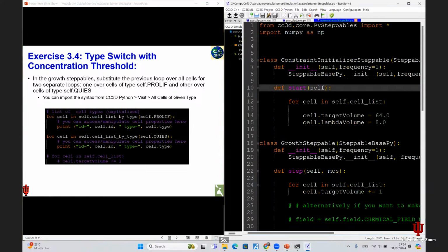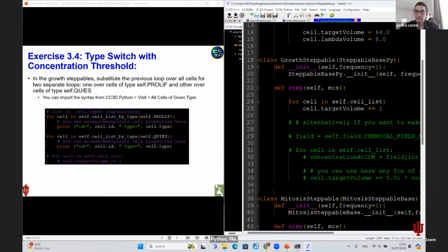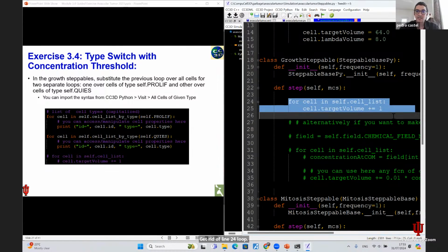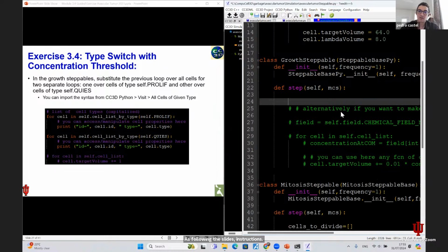So what you want to do is go into your steppables Python file, and inside the growth steppables, get rid of the line 24 loop. So get rid of that, and instead of that, following the slides' instructions, you will loop over cell types. So you can acquire this code snippet by coming